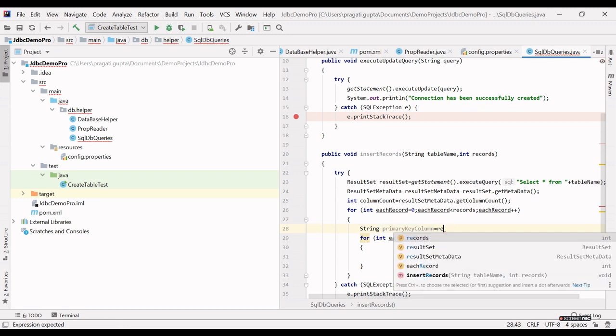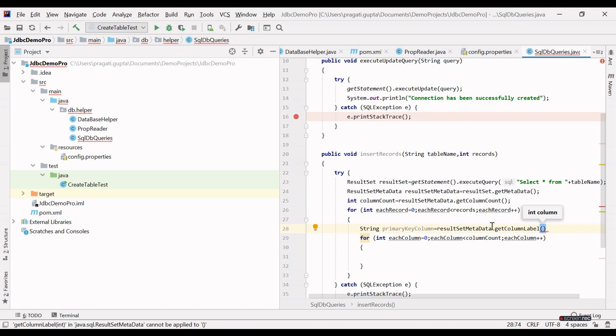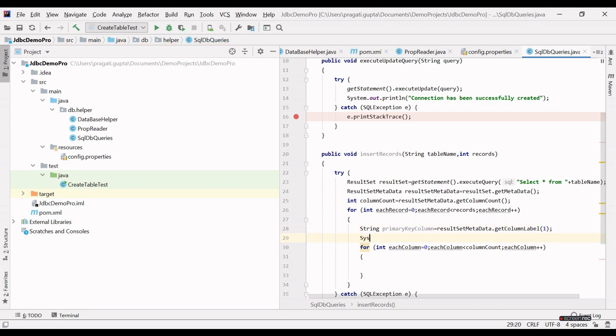From this result set metadata. Guys, from this result set metadata we can get the column label that will give you the column name at a particular column number. Primary key column number is 1, right?